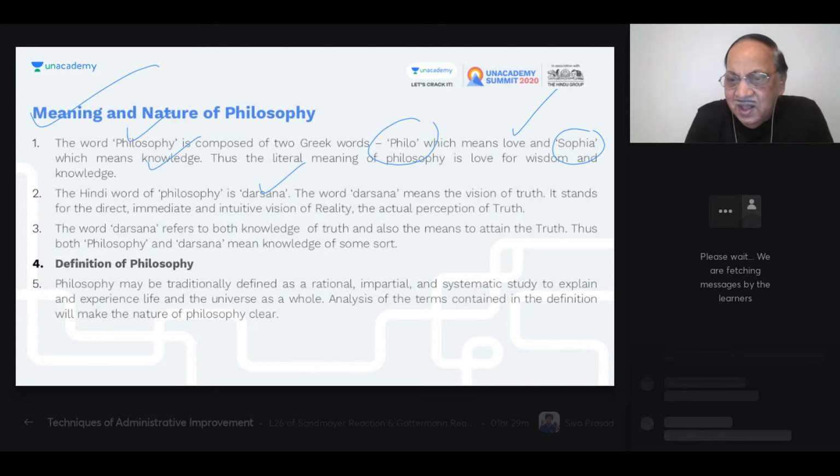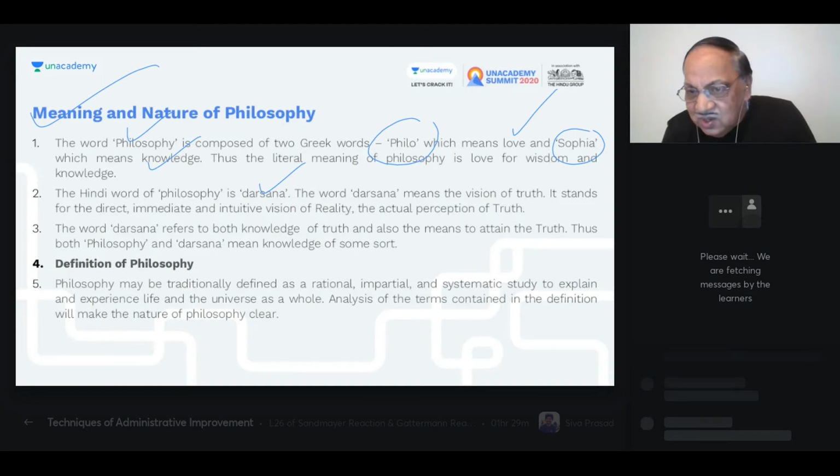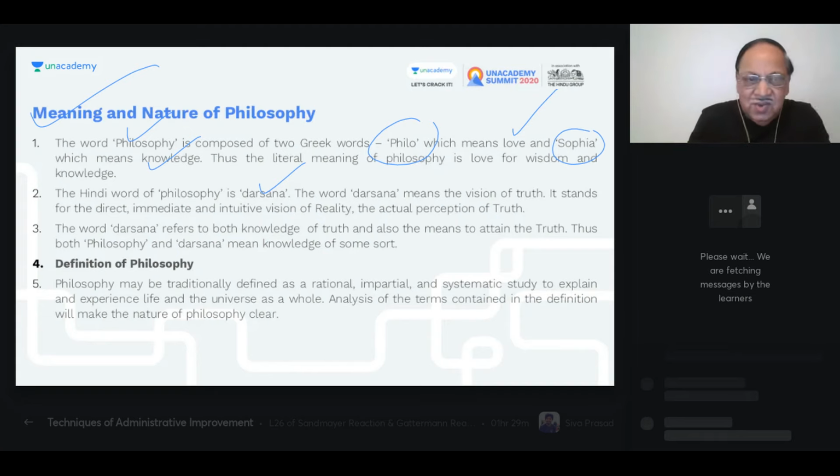There is one question by Durgesh. Is there less scope for using flow charts, etc., in answers in this optional, and mostly paragraph-wise answers suffice? Yeah, paragraph-wise answers suffice. But Durgesh, you can also use a chart wherever it is needed. For example, when I discuss the hierarchy of ideas, I give a chart there. So sometimes you have to give one.